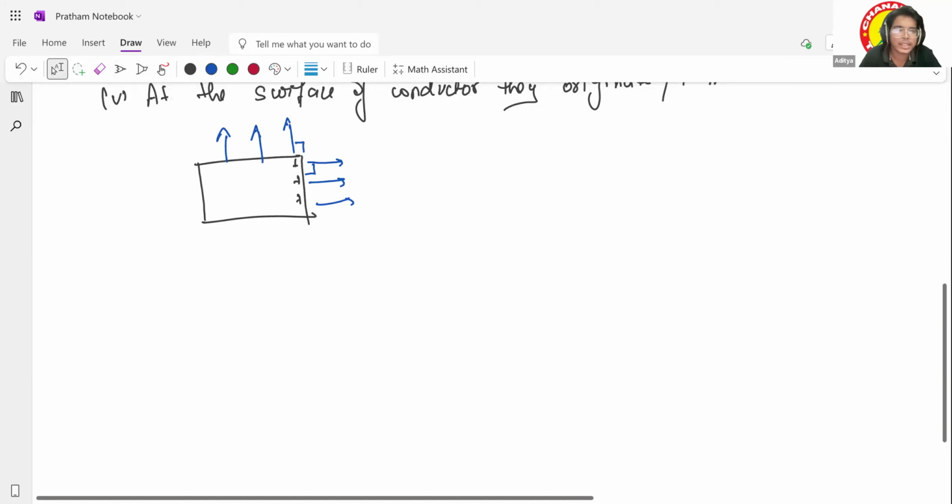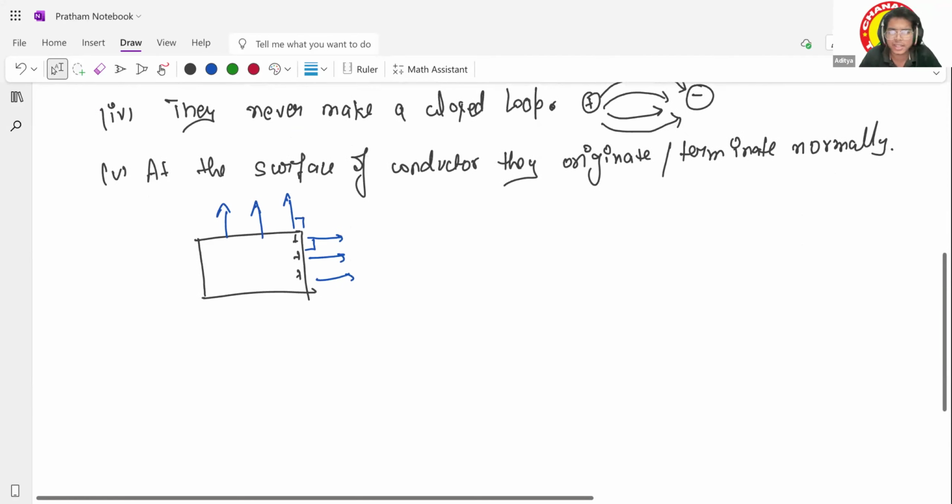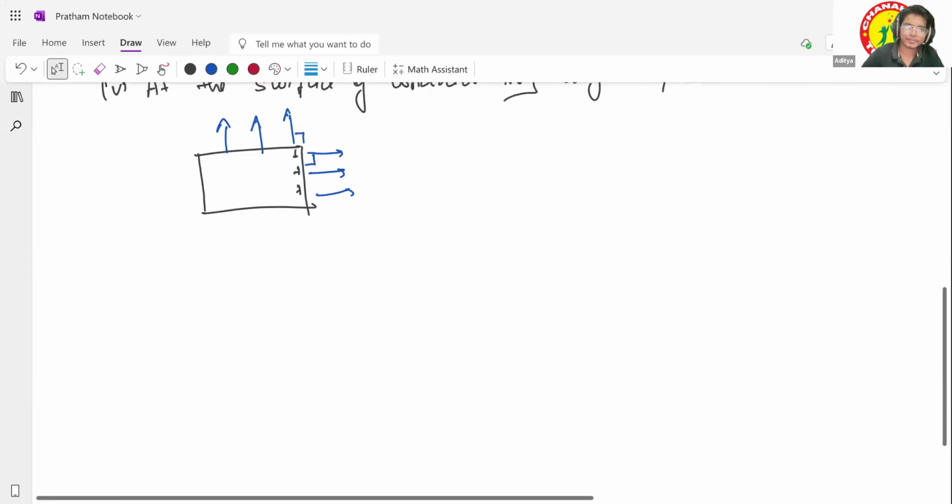Basically, how many properties have we covered? Five properties we have covered. That's fine, these are more than enough. Another property is